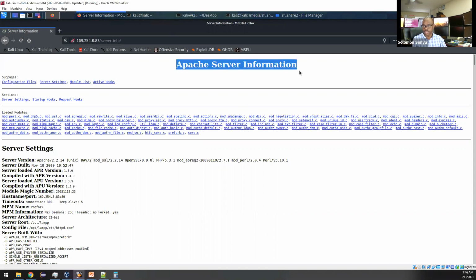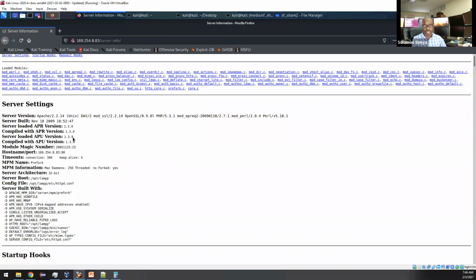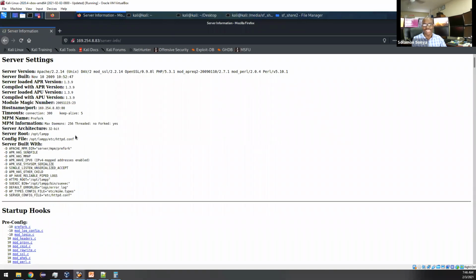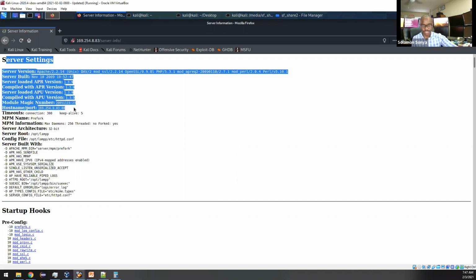And now Apache server information. This gives us a lot. You don't get this in the real world, but if you did, either the system administrators are inept, woefully underprepared, and that's sad. Let's try and help them, or you're in a honeypot. They intentionally want you to see this. So you just want to be careful that you should not have this much wealth of information, but it's good